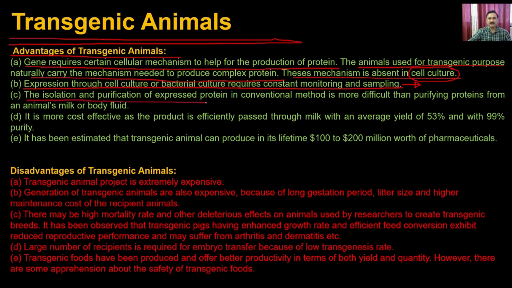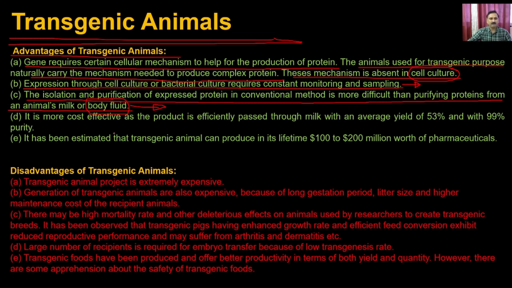The isolation and purification of expressed protein by the conventional method is more difficult than purifying a protein from animal milk or body fluid, because once a particular protein is expressed into the milk or body fluid, it is more or less very pure, since it is not a very complex mixture. For example, if an animal is producing something in saliva, the saliva does not contain a lot of protein. Saliva only contains lysozymes and some other antimicrobial peptides. So if your protein of interest is present, it is going to be